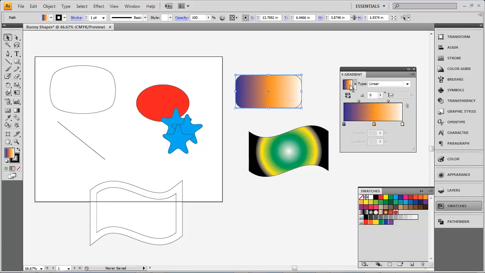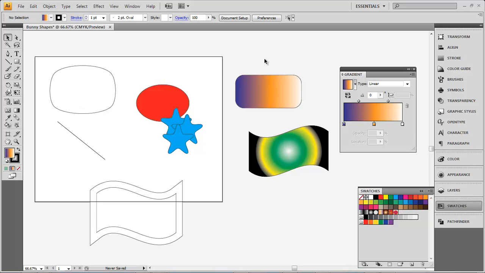If you wanted to change it from linear to radial, you can do that very easily by just clicking radial and linear, and it does that adjustment for you that quick. So you don't have to worry about going in and adjusting it by hand. That's linear and radial adjustments and adjusting the colors. The last thing,